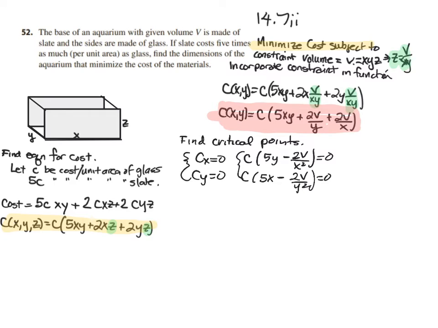Okay, and so solving this system, let me bring over here, y would be 2v over 5x squared. And let me just write this one here, divide by c. Then I get 5x minus 2v over y squared equals 0. So there's my system. I'm going to substitute the y in for here. So when I do that substitution,